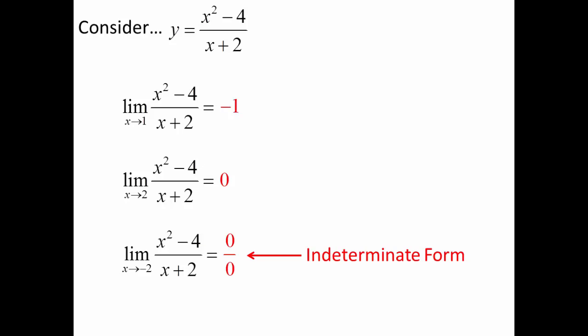0 over 0, indeterminate form, simply means direct substitution was insufficient to answer this question. Let's try something else. Something else we can try is the graphical approach. I started my explanation of what a limit was with a graph, and of course we can simply look at the graph, see what the intended height of the graph looks like, and say that the answer to the limit is that intended height. So let's do that.